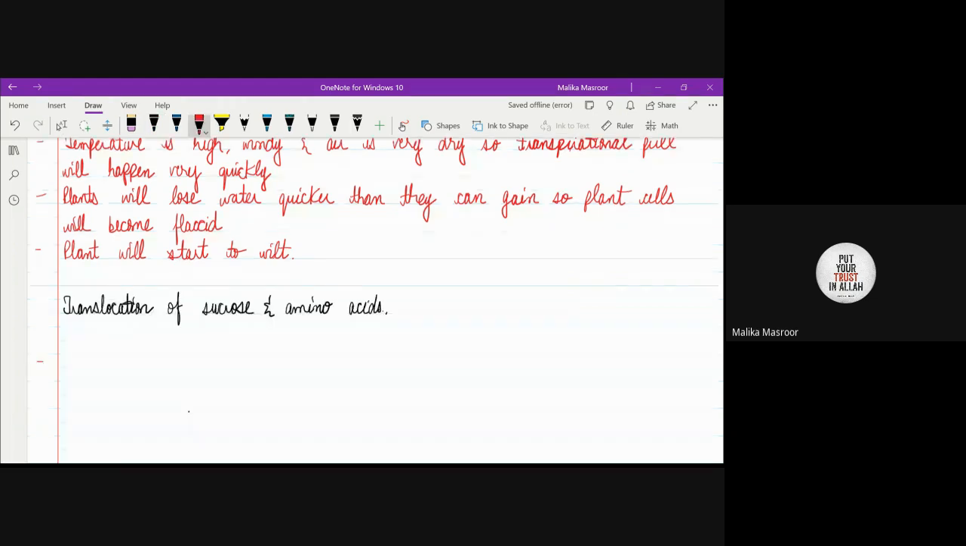So it is the process by the phloem, in which